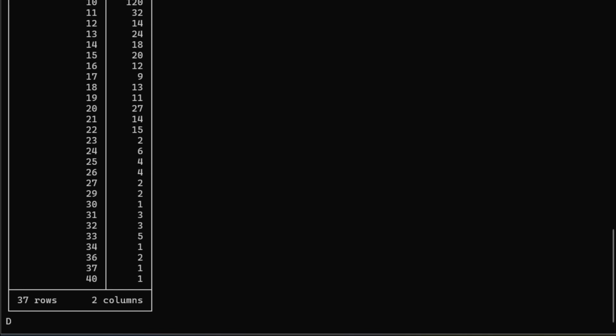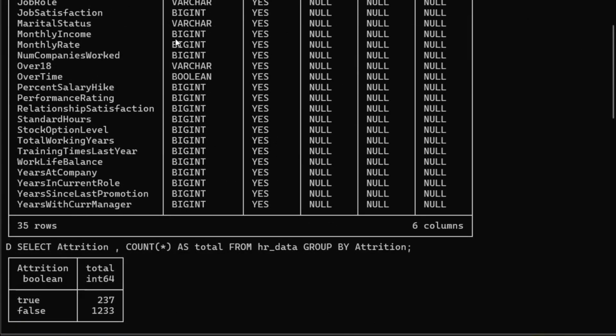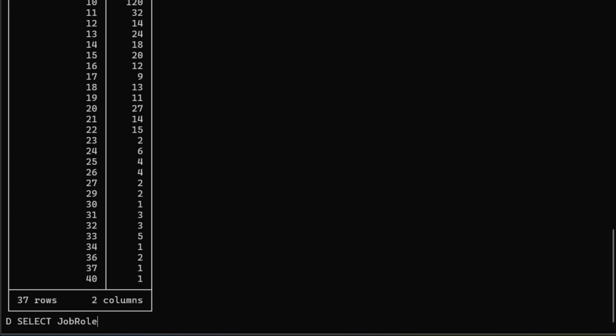Okay, now let's analyze the attrition by job role. We talked about the salary, we talked about the years at the company, and now we are going to talk about the job role. Is that because of that? So let's select job role, as I said, it will be under this. Let's select job role and let's count it,